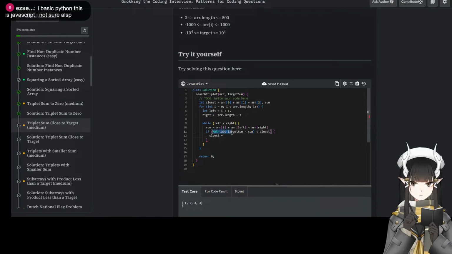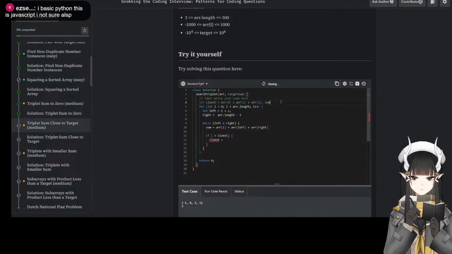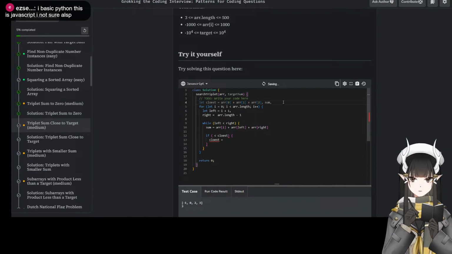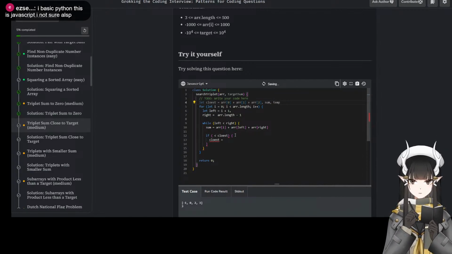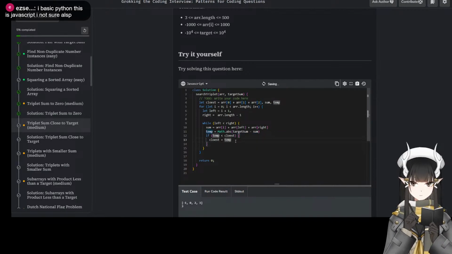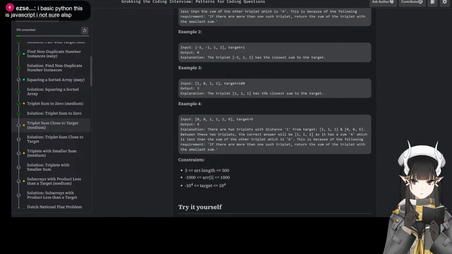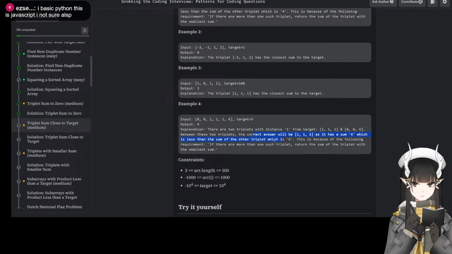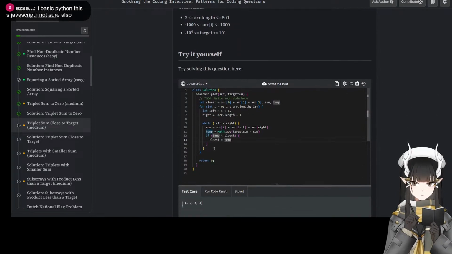So we found a new closest. I don't need to calculate this multiple times, so just call it temp. Temp is equal to math.abs of target sum minus sum. And if temp is less than closest, then closest is equal to temp. Right? I'm not doing the rest yet, but let's just code the first part correctly.